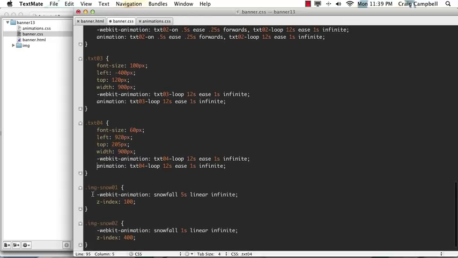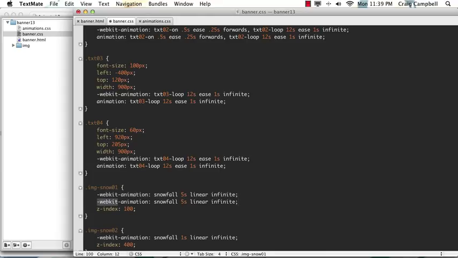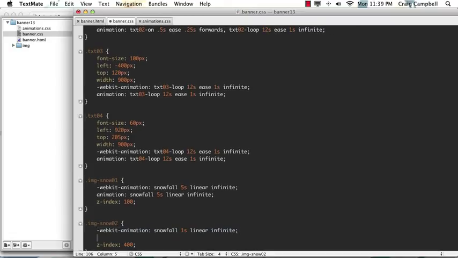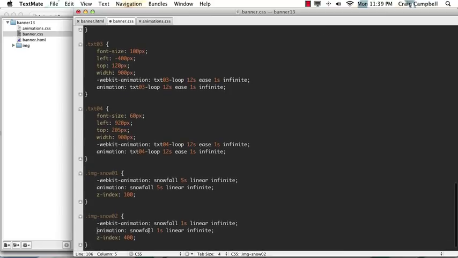And you'll notice that we also need to do that for Snow 1 and Snow 2, so we'll go ahead and do that here. Copy, paste, get rid of it there. And then finally for Snow 02, we'll copy that one, paste it on the next line, and get rid of -webkit- so that we just have animation: